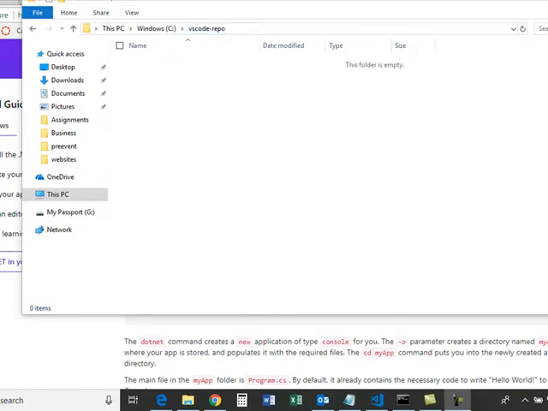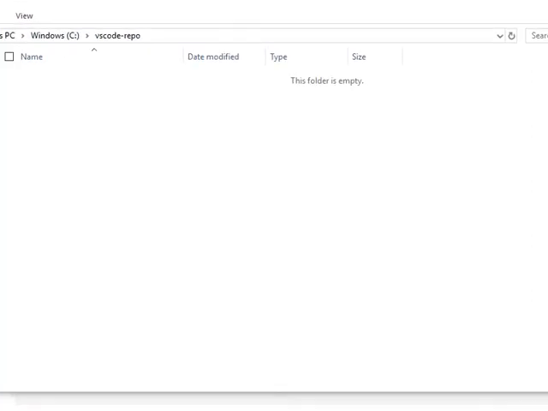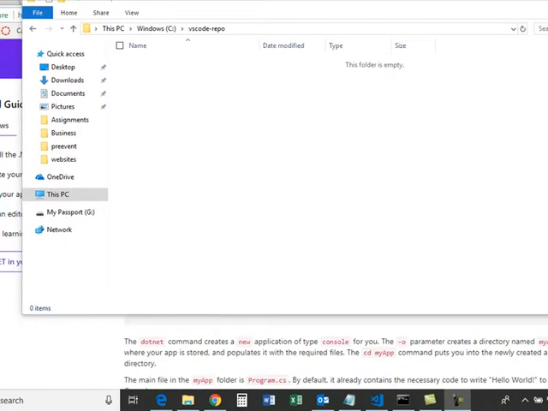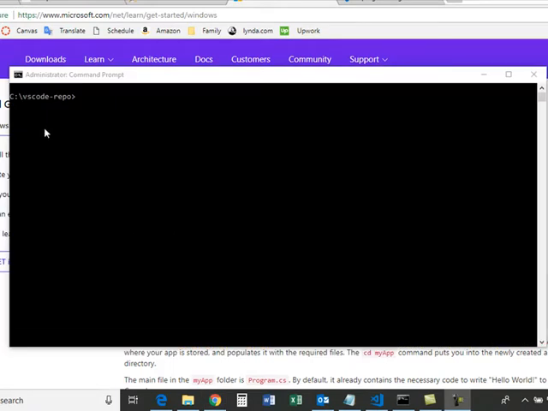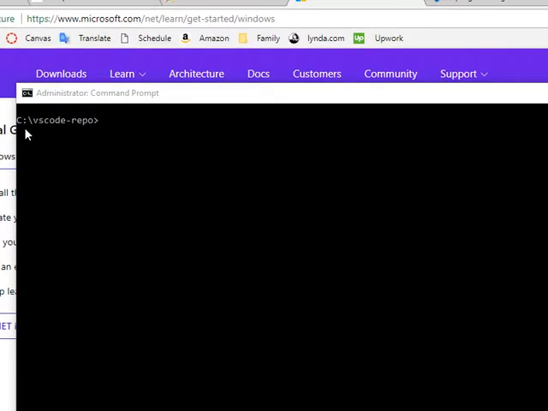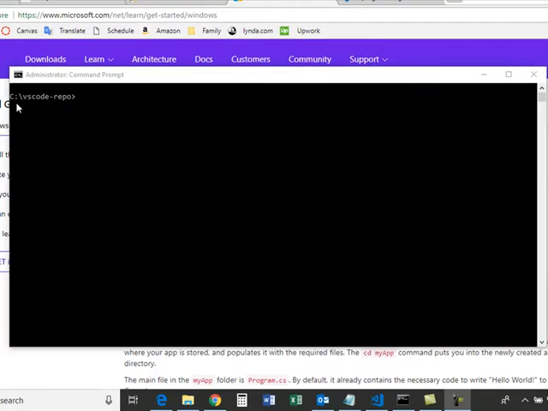And so this is where I'm going to create my folder and open up my file. So I'm going to go ahead and do this through the command prompt. So from the command prompt, I've navigated to that folder on my computer, and from here I'm going to do,